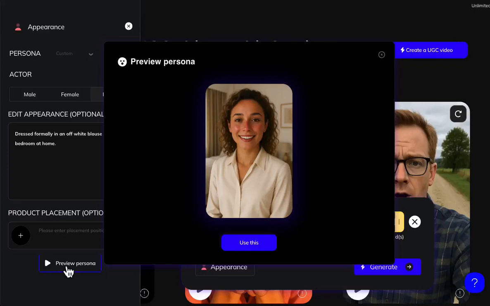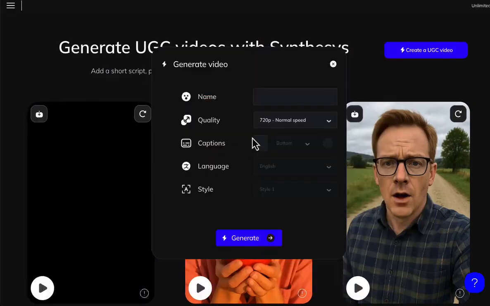Okay, as you can see, it's the same girl that we have right here with the brown curly hair. This time she's dressed just the way we asked. Actually it's more of a bedroom or living room setting, and she's wearing a formal off-white blouse, just like we asked. So we do want to use this, and hopefully she'll be speaking Spanish like we want. In this case, we now are asking for Audrey Spanish, 720p. For the sake of speed, I'm not going to add the captions this time,